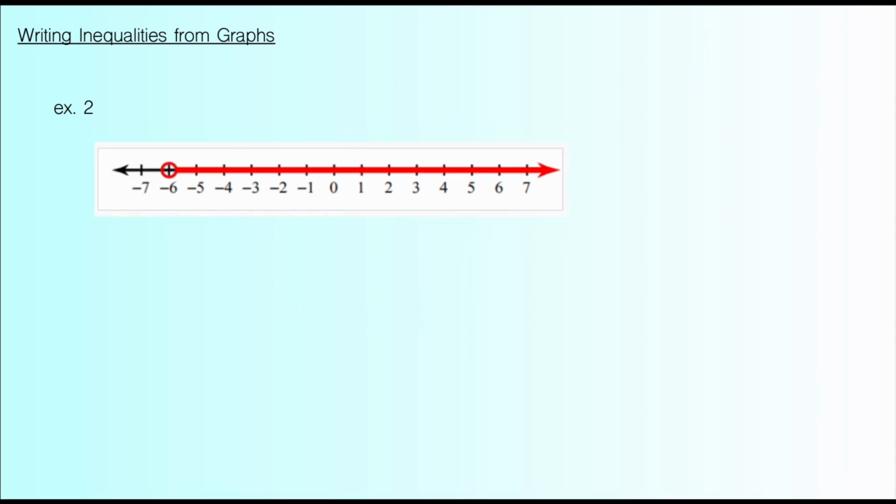All right, let's do one more. Since this one is an open circle, I know I'm either going to be using the less than or the greater than sign. This is not equal to -6 because it doesn't have a filled in circle. So I know it's going to be x. And this time, the shaded line is going to the right. So it's all of the numbers that are greater than -6. So I'm going to use my greater than